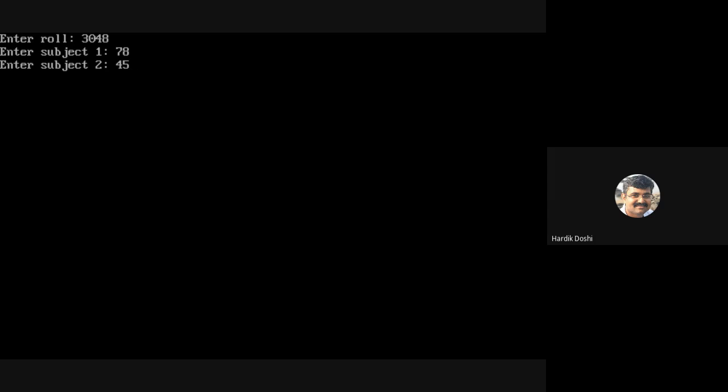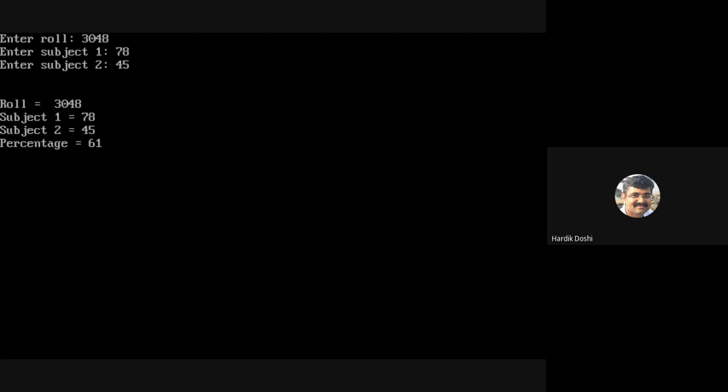So calculate percentage will be called. Then we are displaying everything. Is it fine? It is not float. That's why floating elements are not found. You need to consider the float. This is one way. Again, in every lecture I repeat, output we are not concerned. We are concerned with the structure of the program.